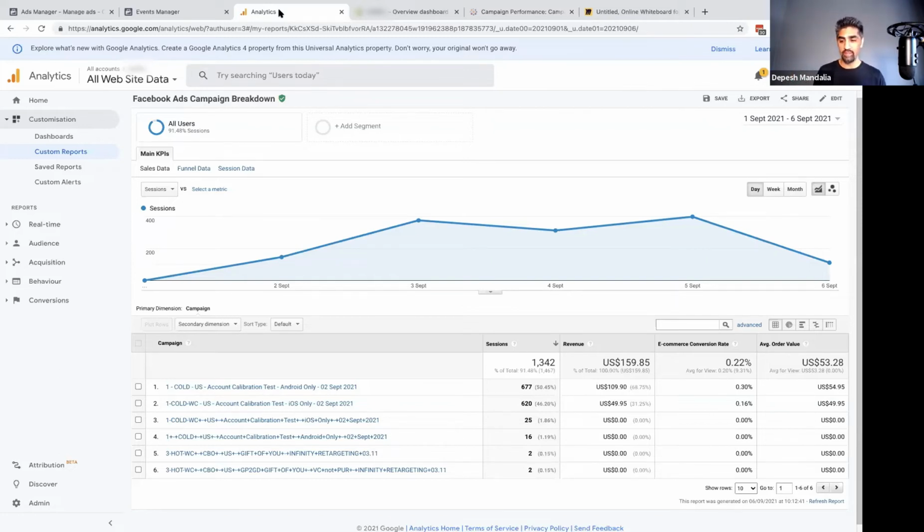Now, commonly, when you're running Facebook and that's the majority of the traffic, and I'm talking about 70, 80, sometimes 90% of your top of funnel traffic, email will take credit, organic search will take credit, Google ads will take credit at the bottom of the funnel, and there'll be other things taking credit. And the big challenge, and this is now talking to agency owners in particular and those running ads for clients, is explaining to your client that, yes, I understand that Google ads shows that it generated 80% of the revenue,